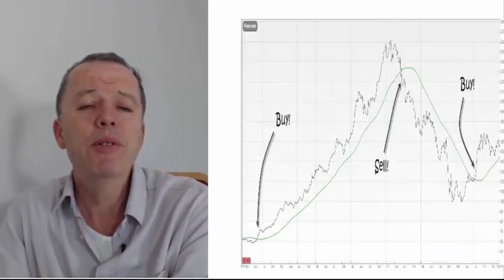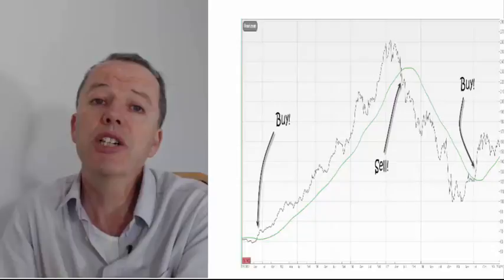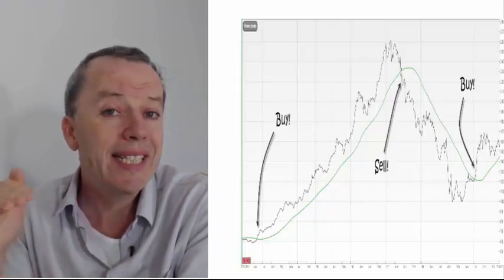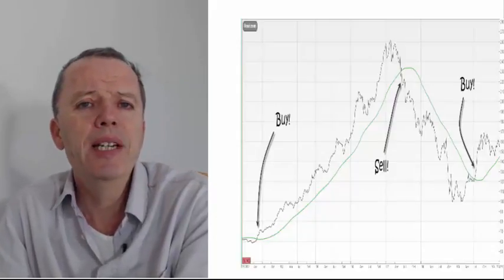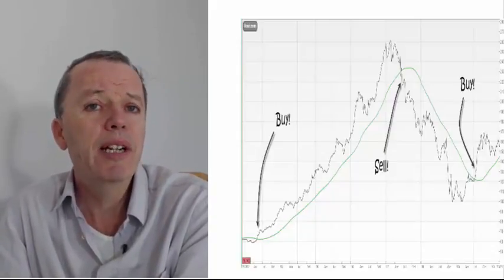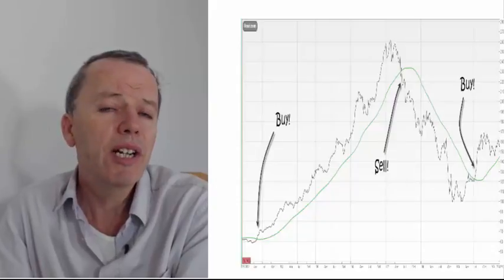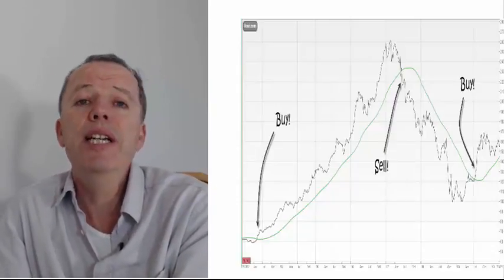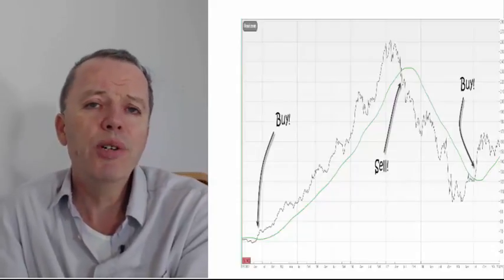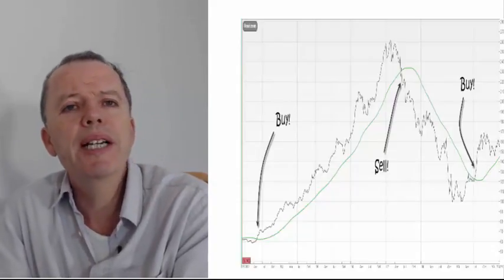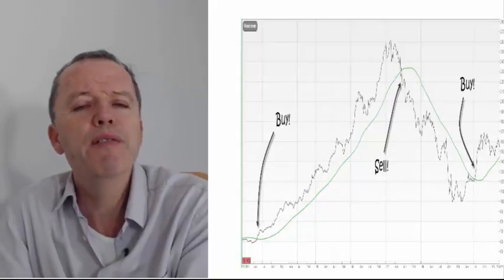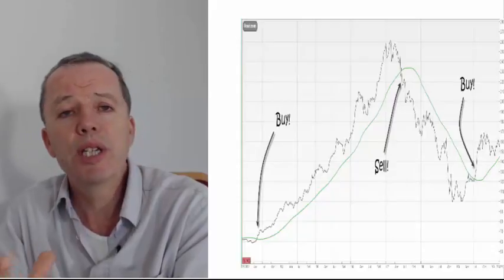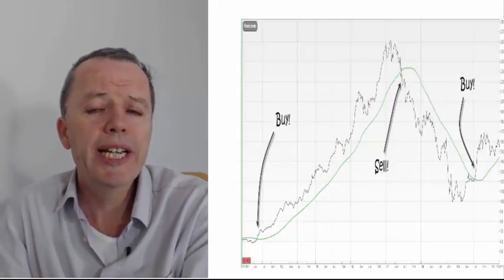And basically, I want to be invested in an asset class that's going up in value. I don't want to hold anything that's going down in value, in the same way that when we buy a house, we like it to go up in value. We don't like the house to go down in value, because that puts us in negative equity. So no one likes to buy a house at the top of a housing boom. We want to buy at the beginning of a housing boom and benefit from the increase in price. And so it is for every asset class, whether it's gold or commodities or shares.